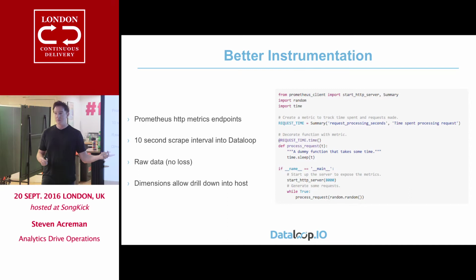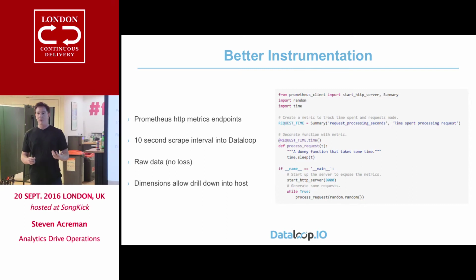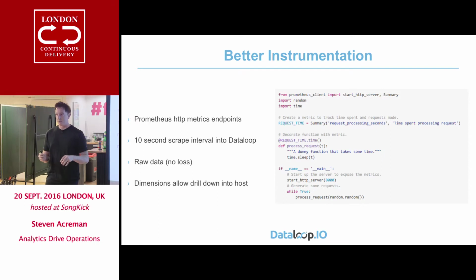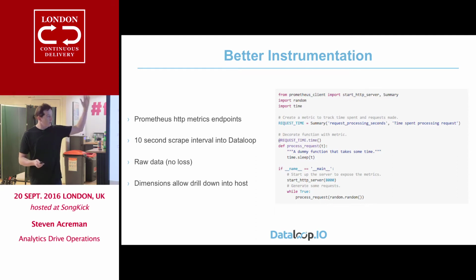And also with the tags, StatsD is a fairly flat data model, which means that you encode your namespace in dot-separated paths. Dimensions are much cooler. You can just arbitrarily put dimensions on stuff. And then you can actually at that point drill down into the individual host as well, which is a lot nicer. So overall, this is just far easier to use. And again, if you're running StatsD nowadays and you don't want to buy Dataloop, then set up Prometheus. It's pretty cool for dev monitoring.